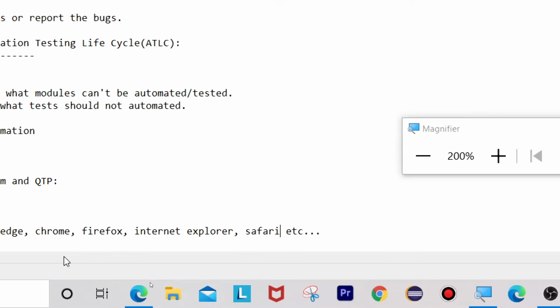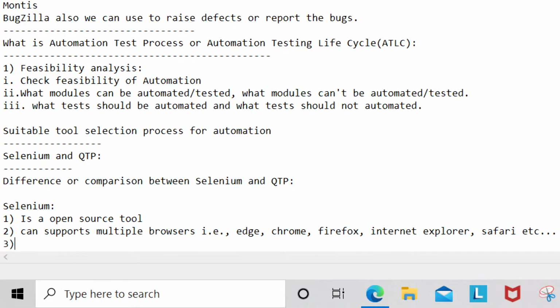So with the help of Selenium, we can run our scripts on multiple browsers such as Edge, Chrome, Firefox, Internet Explorer, as well as